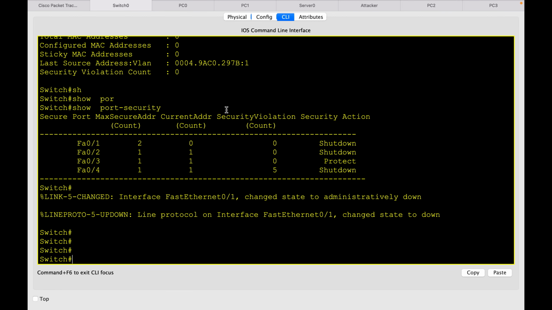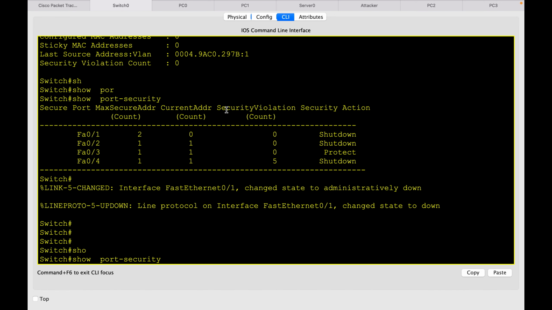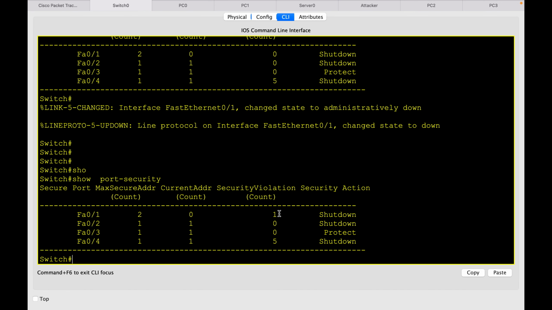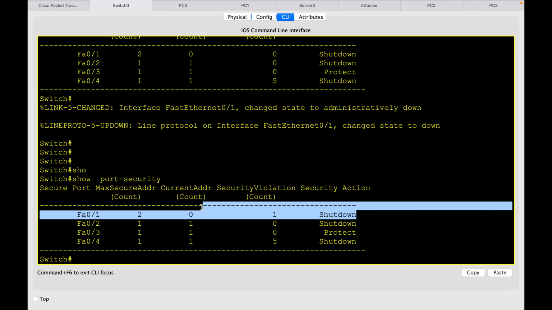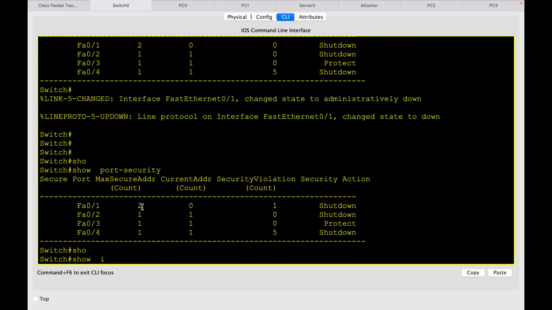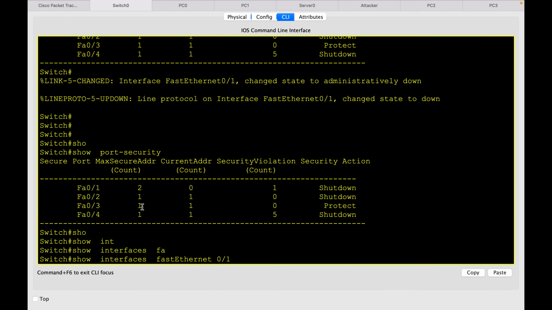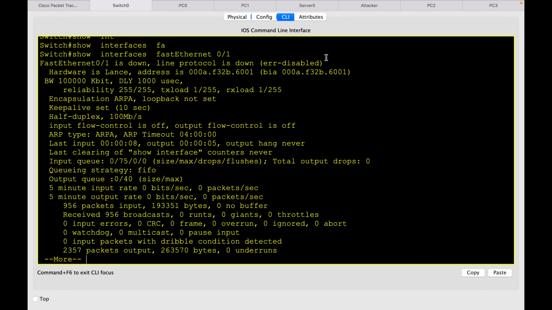If you see here, show, it clearly tells you that there is a violation and it has disabled the port. You can verify this. If you see here, the status of the interface shows err-disabled,